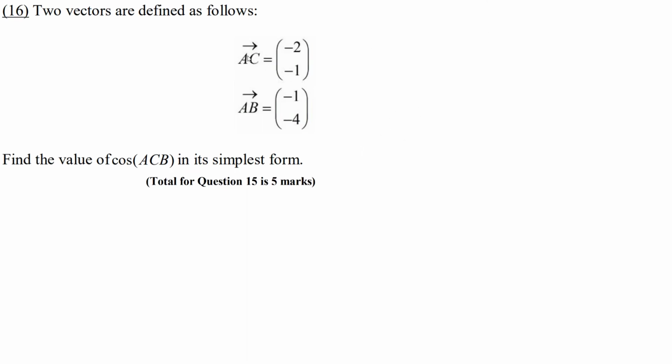let's just pick a point for A or for C. It doesn't matter. So just pick a random point. We'll call it 0, 0. Okay, and we know that from A to C, let's just call this point A. From A to C, we're going 2 to the left, because it's minus 2, and then 1 down. So we've got minus 2 and 1. So if we call this A and this C, from A to C, we've got 2 left and then 1 down. And then